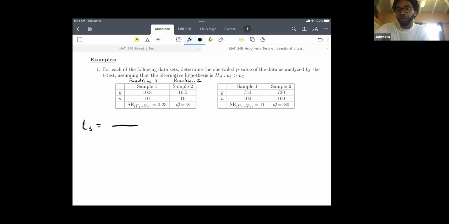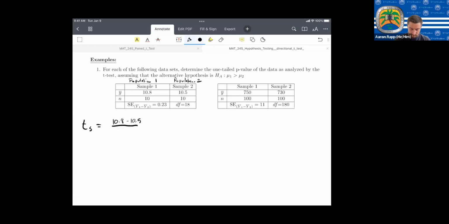Y bar 1 minus Y bar 2, the sample mean 1 minus sample mean 2. So 10.8 minus 10.5, and then